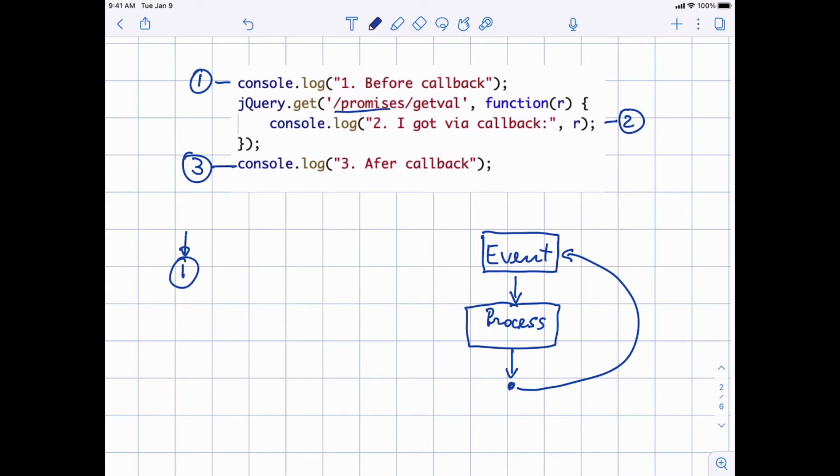You are saying, please go get this URL, okay? And once you do it, please let me know and call back this. So we will tell you in a moment what this does, okay? But so you essentially start the network call. Then you immediately go to 3, because you have just started it, you don't wait for the result.